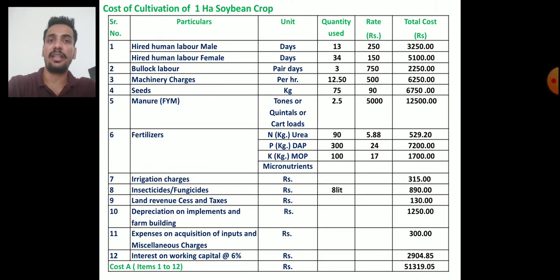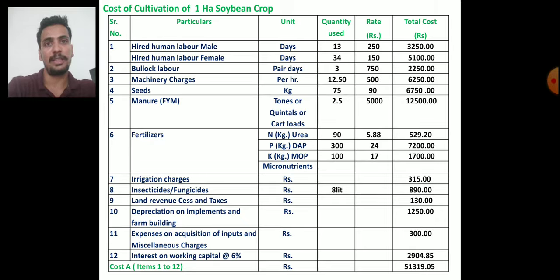Then land revenue, cesses and taxes, it is 130. I have taken this information about the land revenue, or Shet Sara, from the Talati office. It is 130 rupees. Then depreciation on implements and farm buildings. I have taken depreciation at the rate of 10% of the value of farm implements and farm buildings. So it is